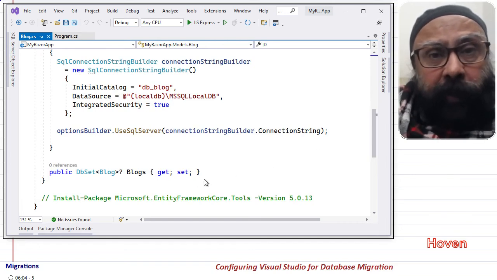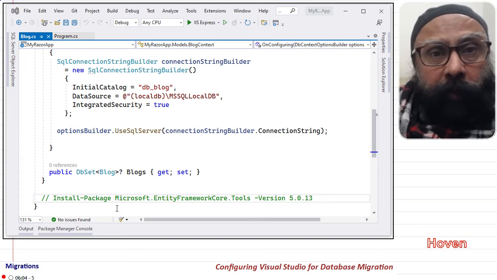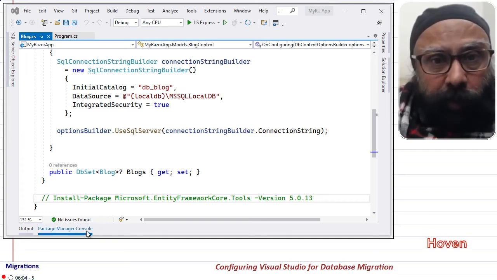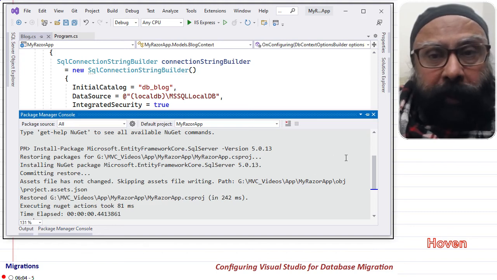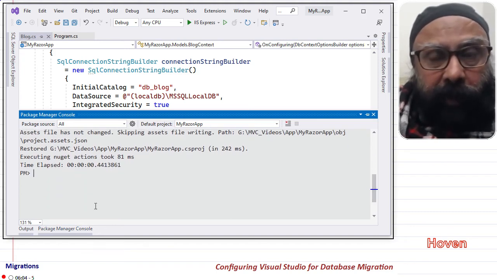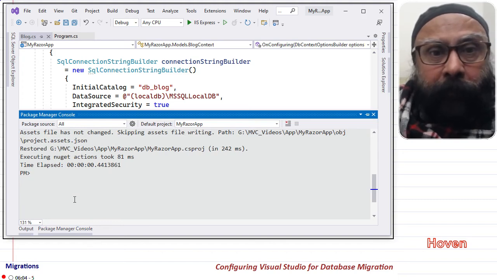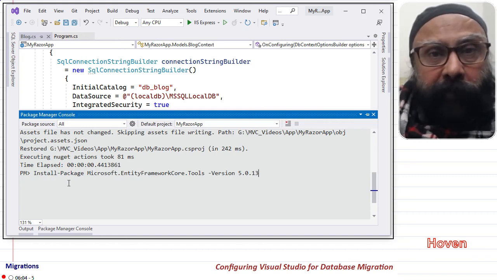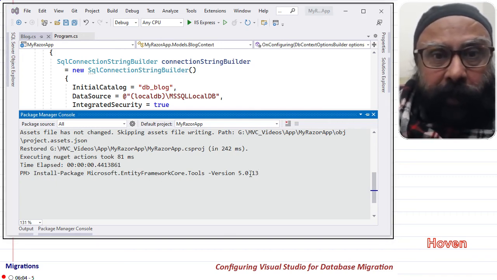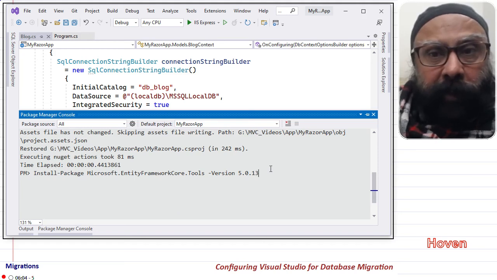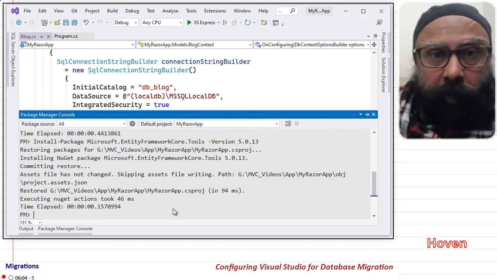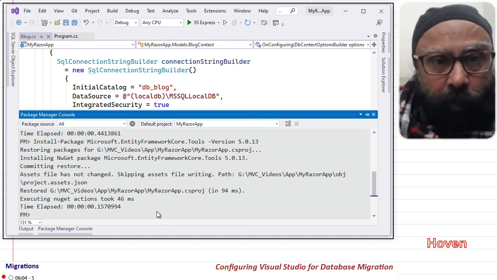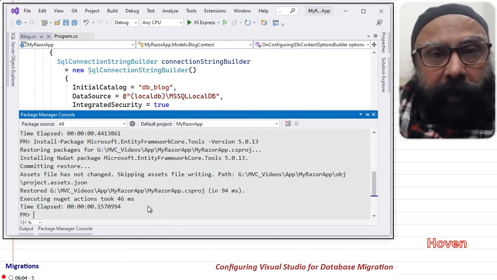Now the migration feature requires a command line tool from EF Core, the final thing of this tutorial. This tool can be obtained through a NuGet package. So this is the best thing, that it can be obtained through a NuGet package. Again, use the package manager console to add NuGet packages for Entity Framework tools. So type there Install-Package Microsoft.EntityFrameworkCore.Tools and hit enter and allow the process to complete successfully. Wait for it to complete. Once it completes, OK, our project is configured for migrations.